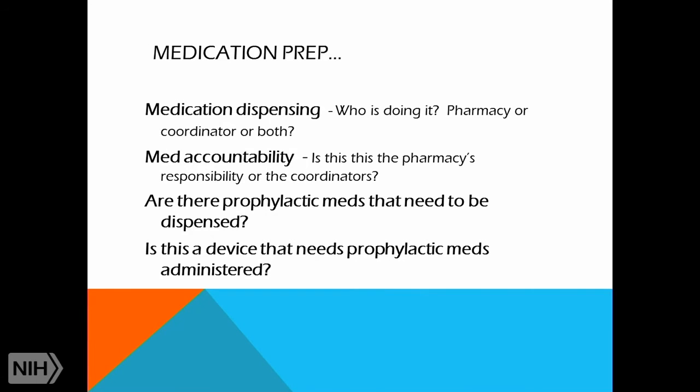If you're going to have a study that involves prophylactic medications, so when we do these obesity trials where they put in balloons and stuff in their stomach, a lot of times they need to have Prilosec or some sort of nausea medicine. So we have to get a price from our outpatient pharmacy for how much they'll charge to let us have so much to dispense to the patient at how many of our time points that we plan to give it to him. And I add that in the budget.